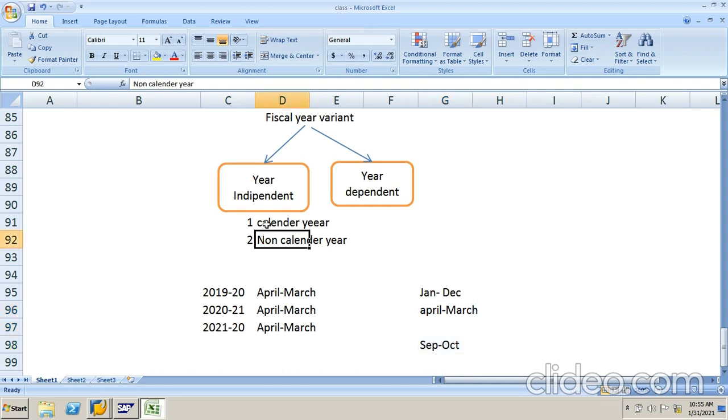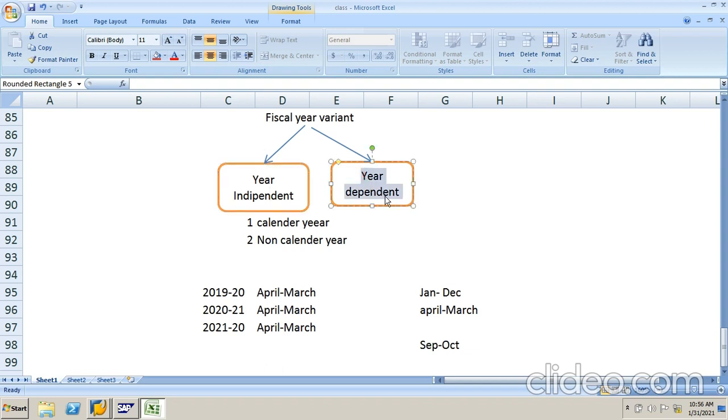So calendar year means the company's posting periods are January to December. Non-calendar year means posting periods apart from January to December. This is the difference between calendar year and non-calendar year.